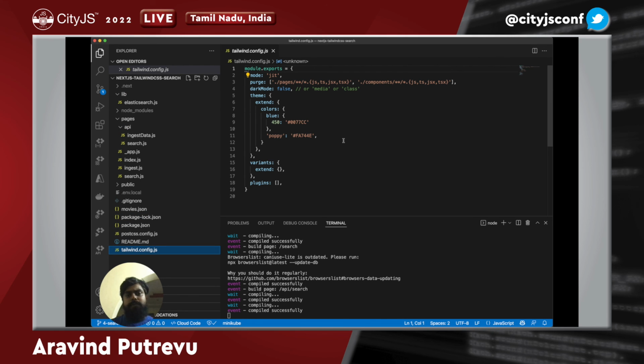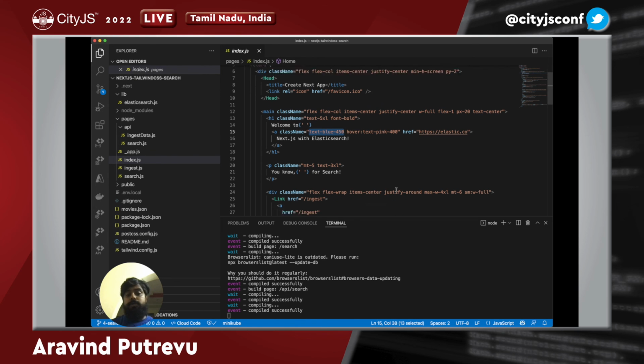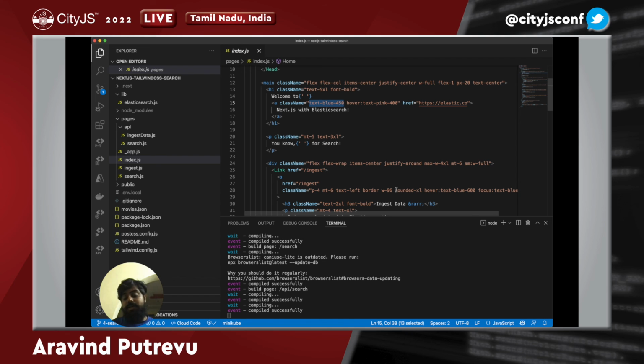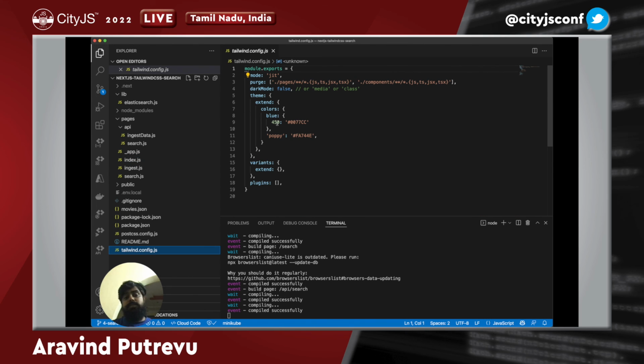Now coming back to the Tailwind config, if you go to index.js, I have classes like flex, flex-col, items-center, etc. You might see many utility CSS frameworks which do this more or less. But Tailwind helps you do more things like text-blue-450, and you can specifically add your own coloring schemes and branding schemes, and it still works. Throughout the project you could create such things, say extend a specific color, and say when I say 450, this is the hex I want. Or you could have your own custom color, and you can say poppy, and if I search for poppy,